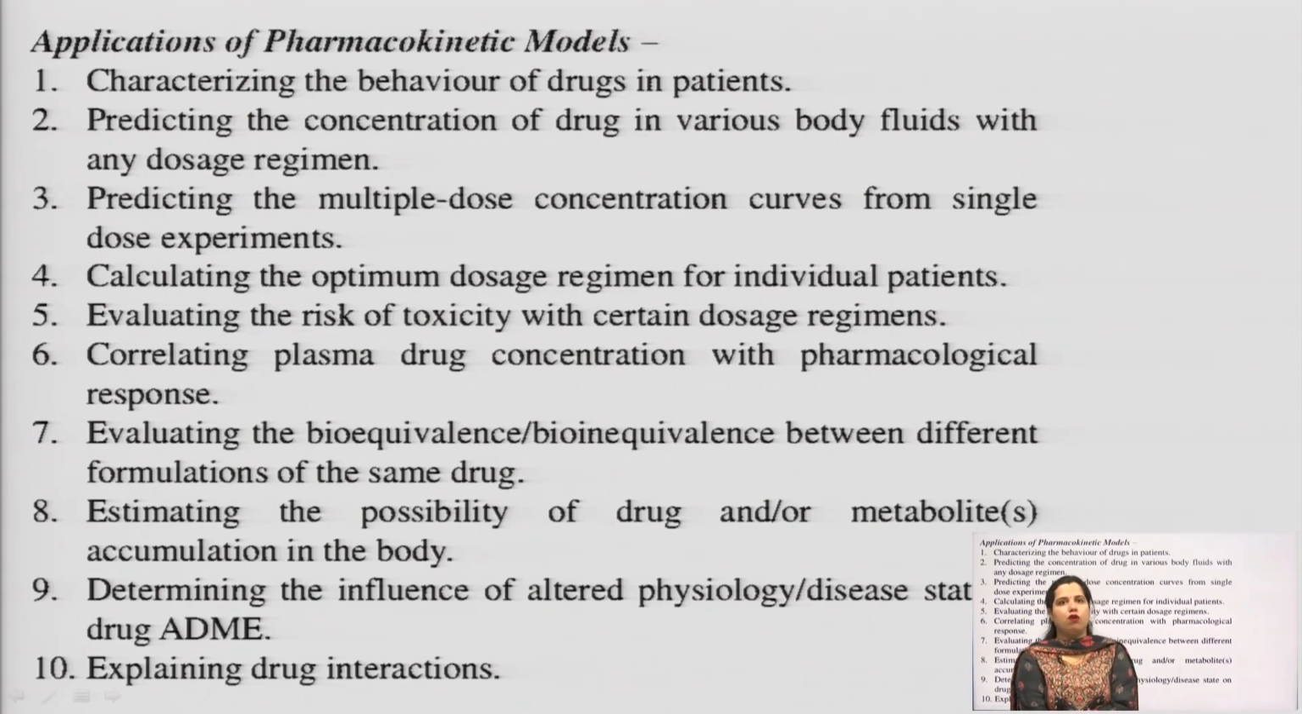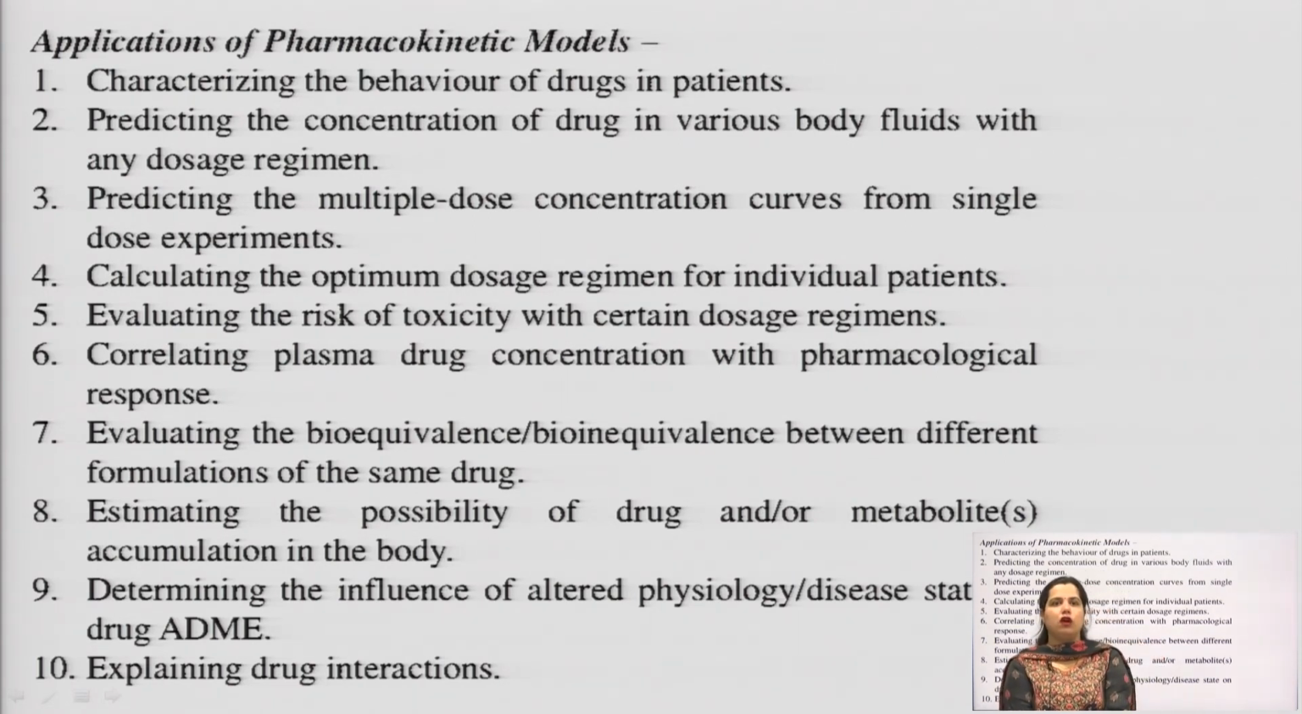Characterizing the behavior of the drug in patients. Of course, we can see the same drug can act differently in different patients, so analyzing these variations can be helpful if we use these types of pharmacokinetic models. Predicting the concentration of drug in various body fluids with any dose regimen, predicting multiple dose concentration curves from single dose experiments, calculating the optimum dosage regimen for an individual patient, evaluating the risk of toxicity with a certain dosage regimen, correlating plasma drug concentration with pharmacological response, evaluating bioequivalence and bioinequivalence between different formulations of the same drug,